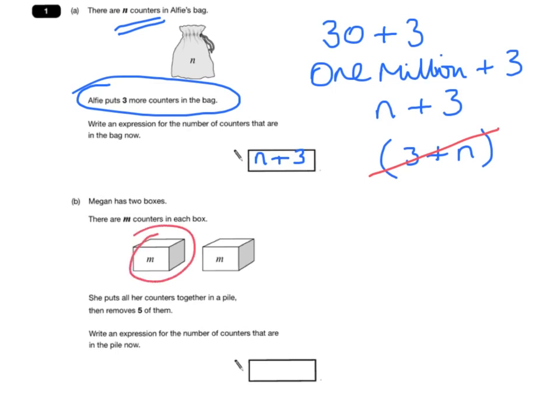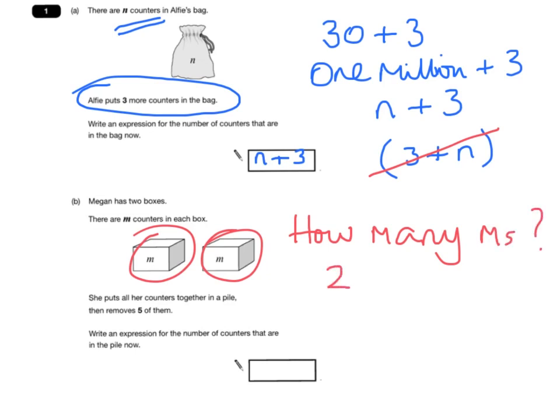Now, in the second example, Megan has 2 boxes. There are m counters in each. Well, if there's m counters in the first one, and m counters in the second one, how many m's are there? There are 2 lots of m. So it's going to be 2m, because there's 2 lots of m, and then she puts them all together in